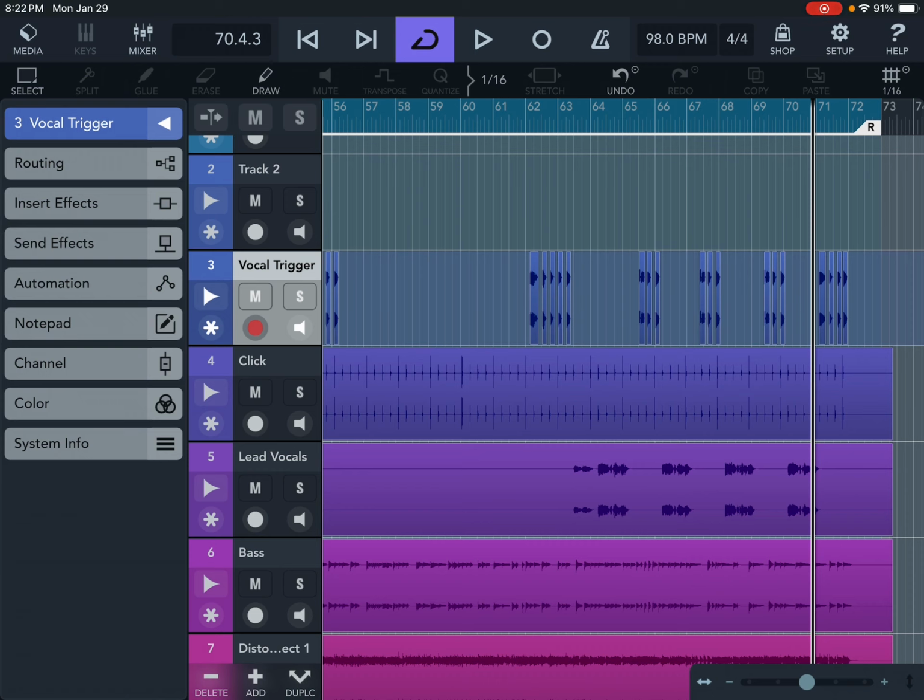And multi-tracker. The next video will show you how I mix all these. I don't spend any time really adjusting the volumes on these. I don't do anything with that except for the vocal triggers. Like I say, I bump those up just a little bit. But the multi-tracker, I basically mix them. I mix them the way I want to hear them. I mix them the way I want the sound to go out to